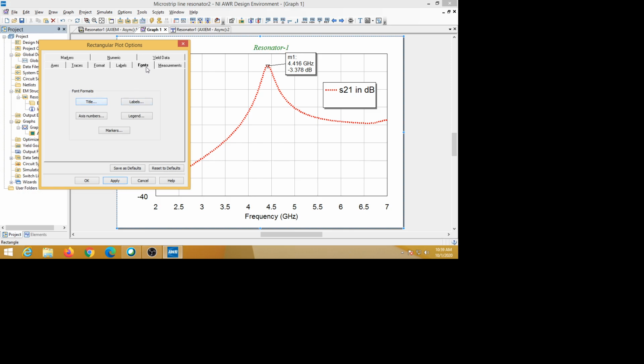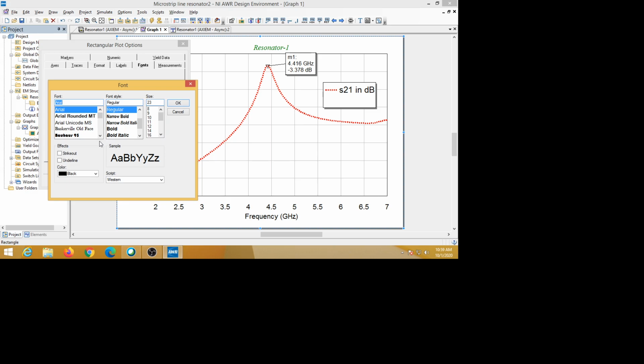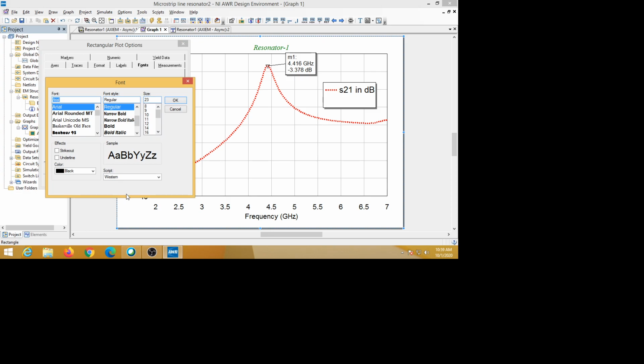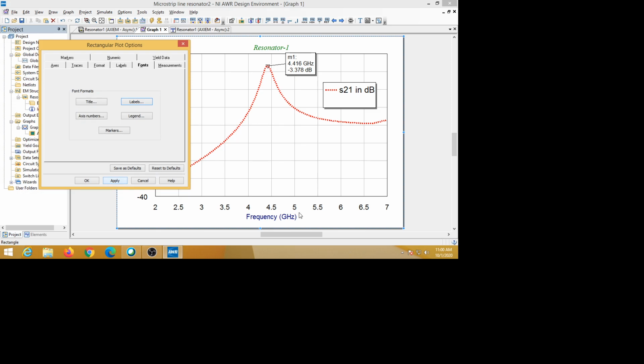Similarly again, the fonts of labels. Here the label on the x-axis is frequency, and another label is on the left side, and that font size we can change. It is regular now, and we are using black; instead of black we can, for example, choose navy here. Okay, and I am using 22 here. And I am using Arial, so it's okay, and apply. So now it changed, frequency in gigahertz, and the font is Arial now.